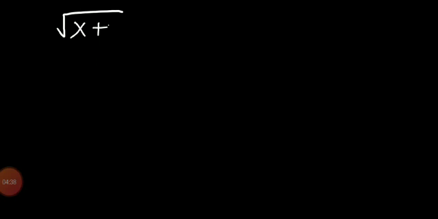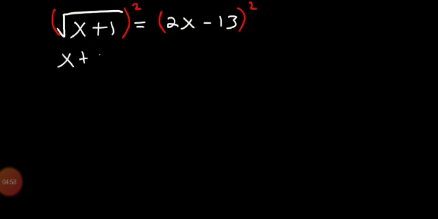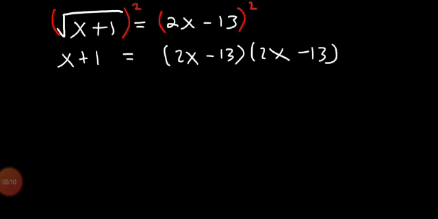Question number 4. x plus 1 with radical sign having exponent 1 by 2 is equal to 2x minus 13. Now on the left hand side only x plus 1 is there, which is enclosed in a square root. So in the first step we are going to take the square to remove the square root. x plus 1 is remaining on the left hand side, and on the right hand side we have to apply the identity (a minus b) whole square. And the second way to solve it is that we take the product of 2x minus 13, because for a whole exponent we will write it with the same sign 2 times.